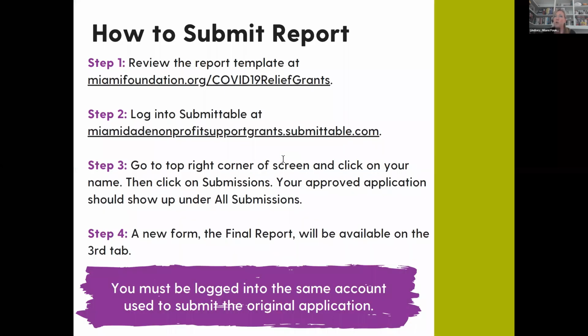So we're going to spend the rest of the time talking about how to actually go about submitting your report and what it is we're asking for in your report. The first thing you're going to want to do is review the report template. Again, that can be found on our website at the link you can see on your screen, miamifoundation.org/COVID-19 relief grants. While you're there, you should also reread the program guidelines to familiarize yourself with the allowable use